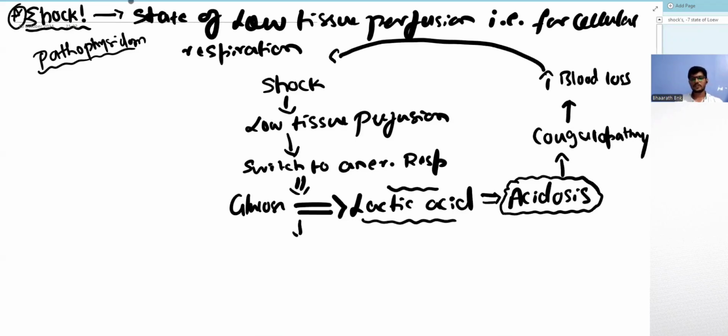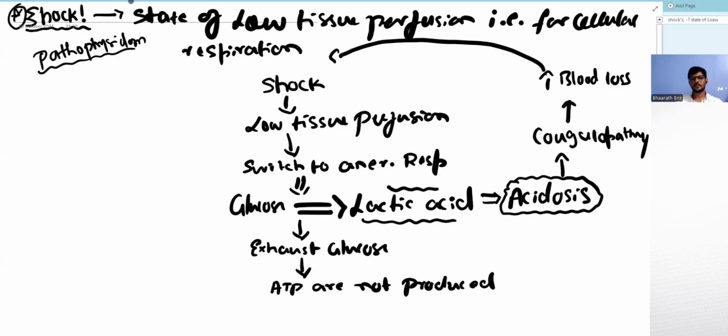As long as glucose is present within the cell, these cells try to ferment the glucose and convert it into lactic acid. But over a period of time, the cells also exhaust glucose, because whatever is in the cell has been utilized, and there is no supply of glucose because of low tissue perfusion. Once they exhaust glucose, there is no source of energy for the cell either to respire aerobically or to ferment anaerobically, and that is where the ATPs are lost. ATP is not produced anymore.